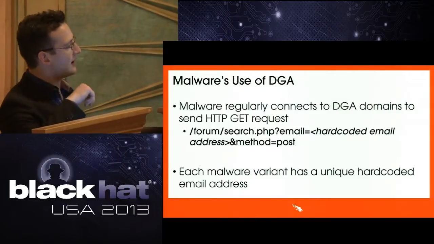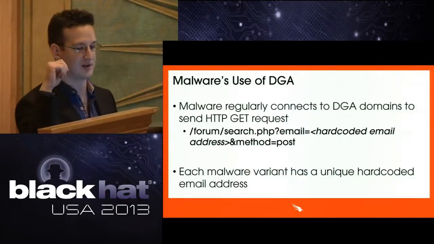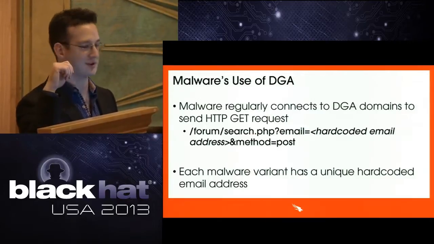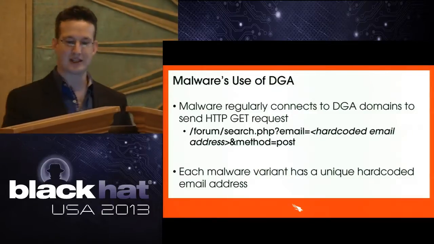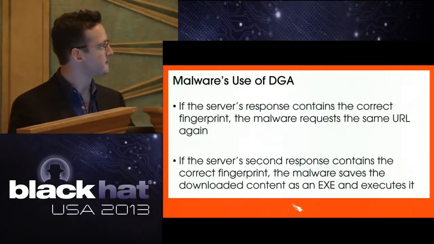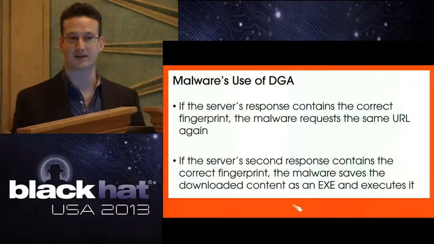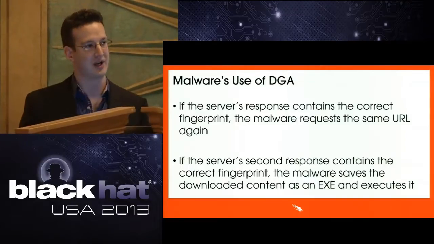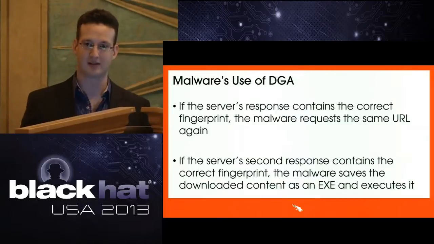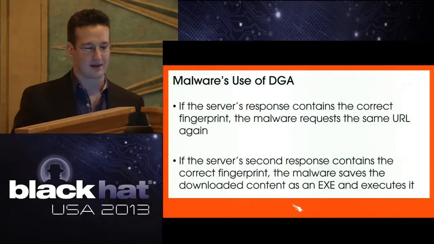And each malware variant contains a hard-coded email address. And we're going to talk about those email addresses more soon. Now, the malware takes the response from the server and checks to see if it contains a certain fingerprint. And if it does, the malware makes a second request to the server, same exact request, nothing changed, and the second response, again if it contains the correct fingerprint, causes the malware to download that response, save it as an